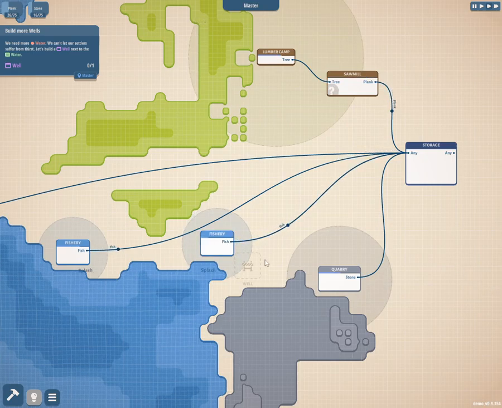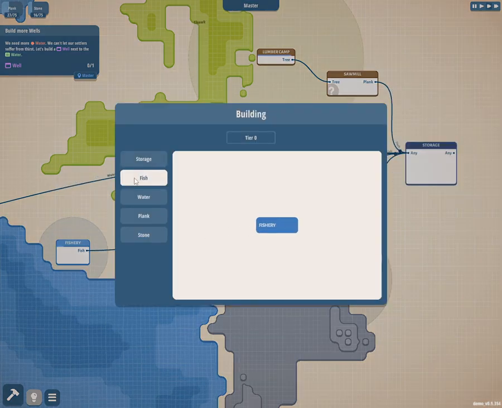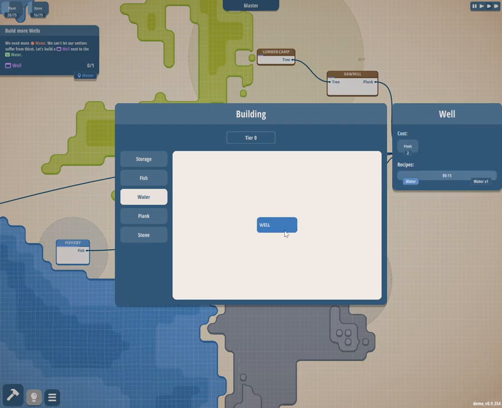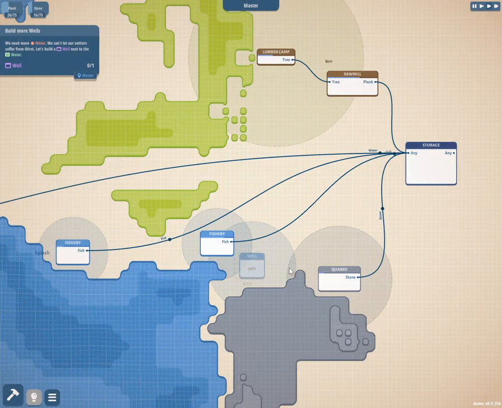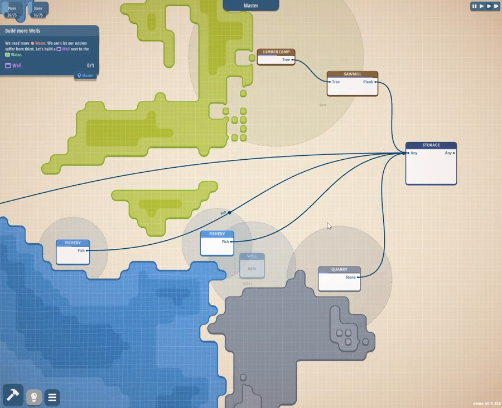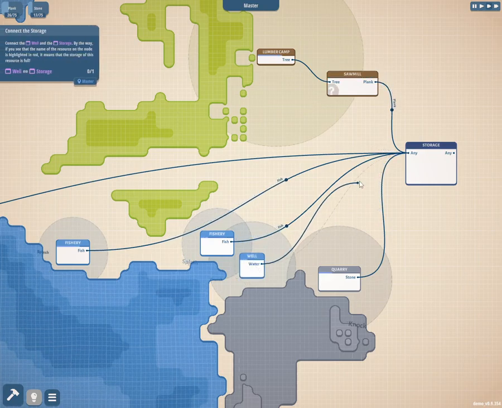So all in all, I would say it is pretty friendly towards pathing stuff. Now that being said, this does get pretty busy because you start to build into a whole lot more stuff. So you'll see what I'm talking about real shortly here. So we're going to get a well because...